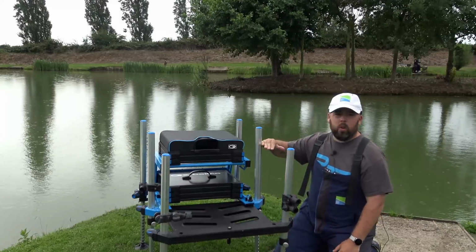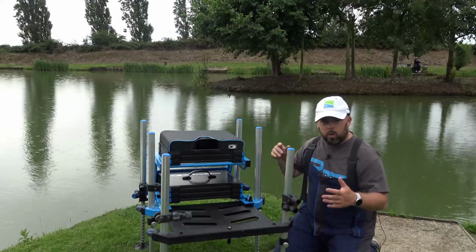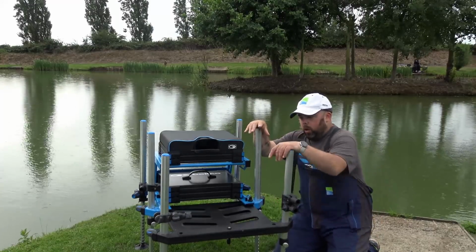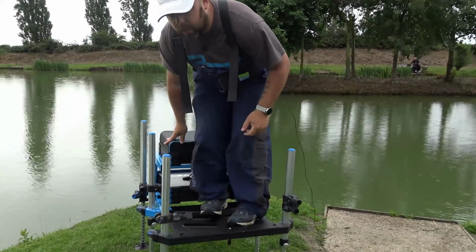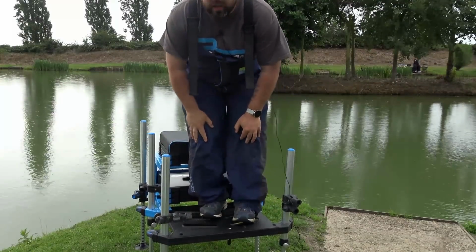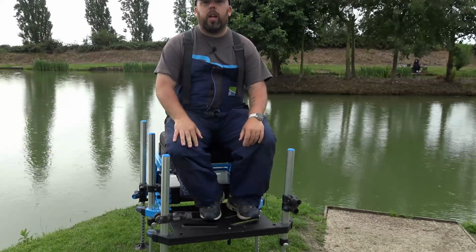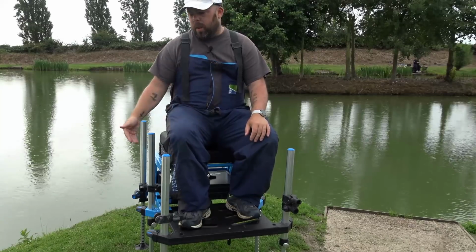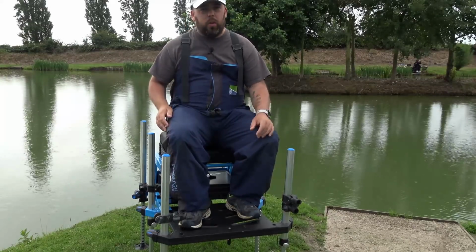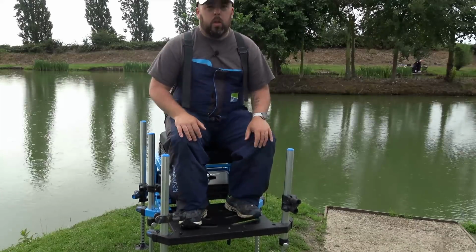Now you obviously can go as high as you want. You could go right up to here if you wanted by adjusting the top legs, which we're not going to do, but we are going to sit on it to show you how strong it is. So as you can see, I'm sort of 14 stone, maybe 14 and a half on a good day, and I can quite easily sit on this, no problem, stand on it, and I've had it in the garden. I'm sure a few of you have seen it, even higher, and you know the box is absolutely stable, and